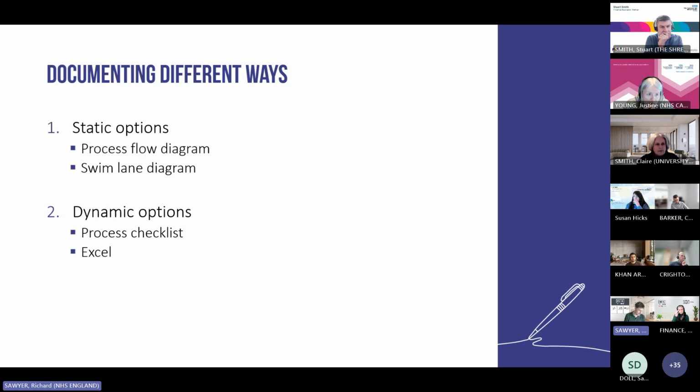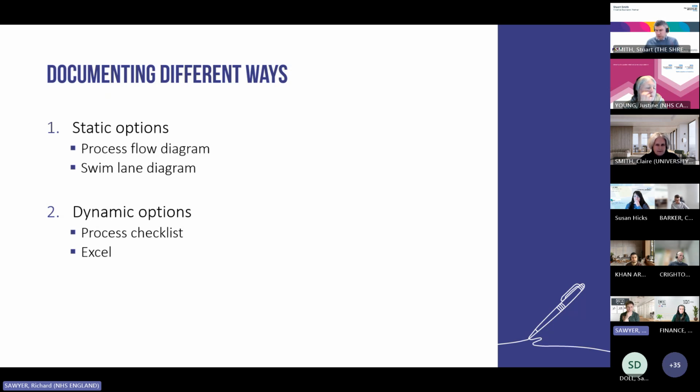Then they present it back to you, finish whatever they were contracted to do and leave, and everyone cracked on with what they were doing before. That was the old version of process optimization. The second one, the dynamic option, is a process checklist, like an Excel spreadsheet, and you'll all be pleased to hear that's exactly where we're going next.